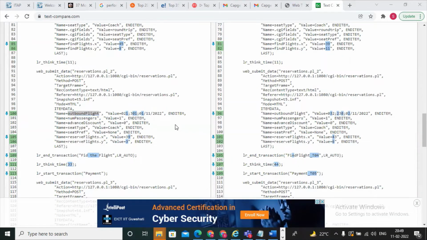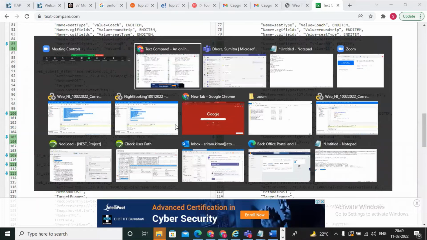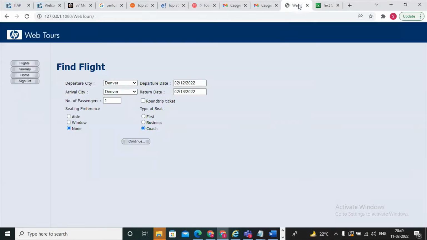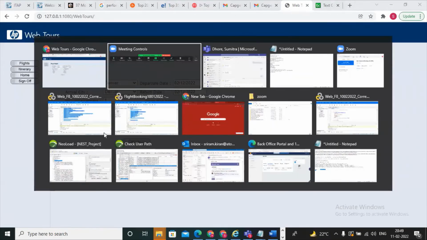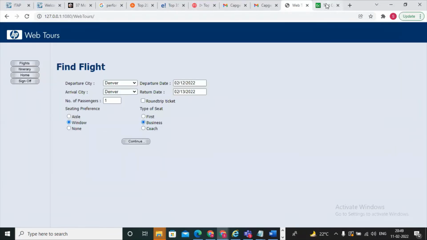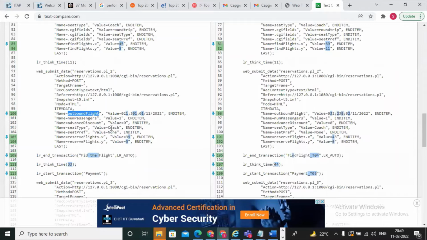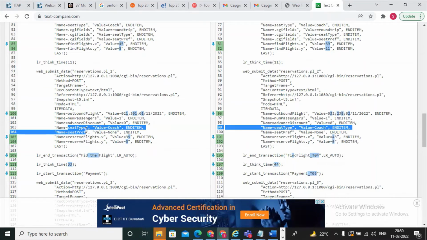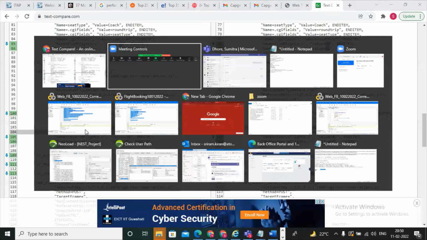So while recording, as I told you, change to a different type of test data. The first time you need to record coach and the second time select business. First time you can select none and the second time window. Then you know the difference from here. So for this seat type and seat preference also we need to do correlation. Then you can note it in notepad.